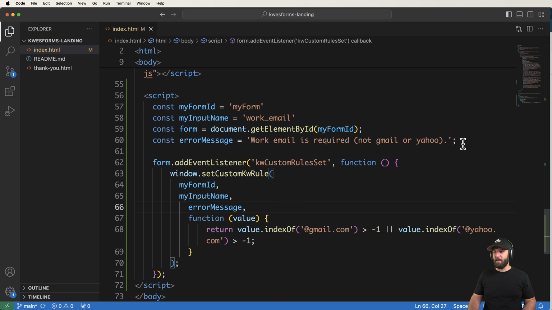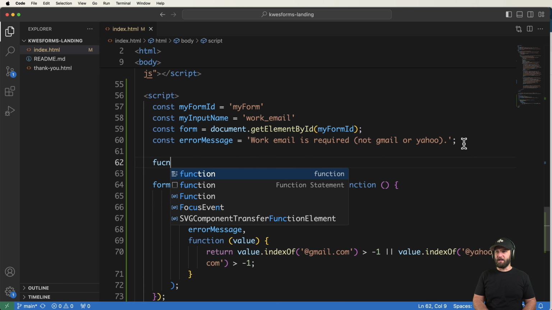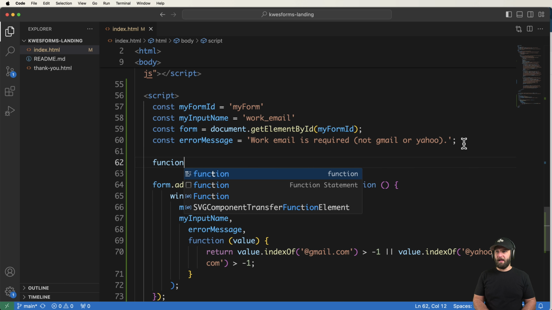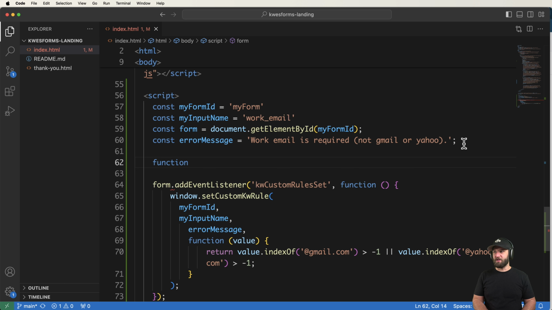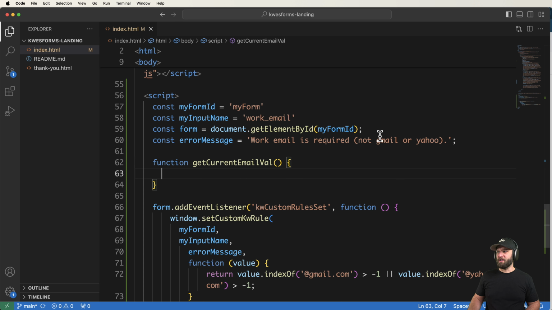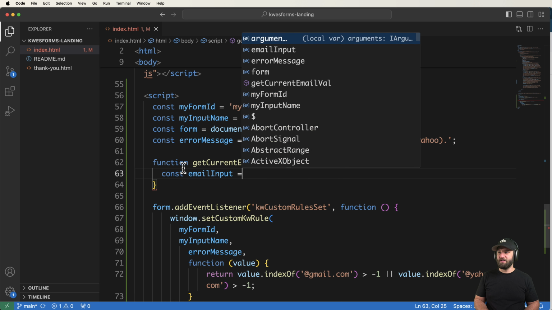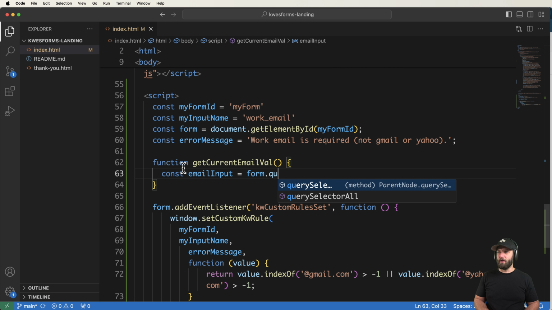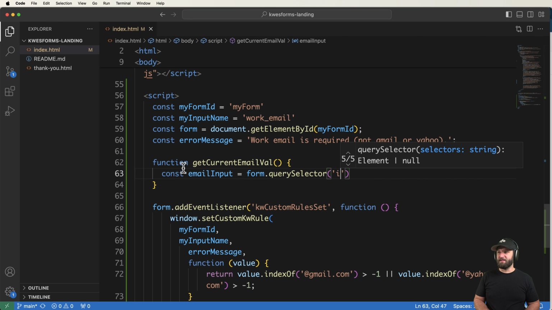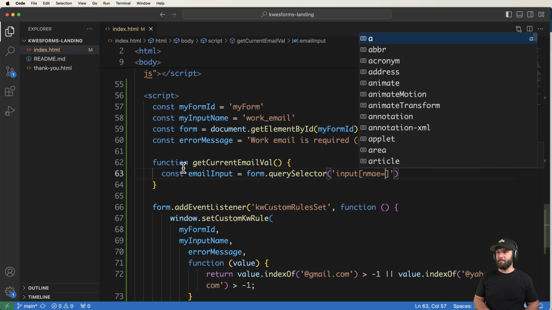The next function that we want is we're going to create another function. And this function itself is going to get our current email value, so the non-work email value, basically. This is just going to be a function that goes off of the form itself. So we'll do const emailInput, and this is going to be form.querySelector, and this is going to be input, the name being